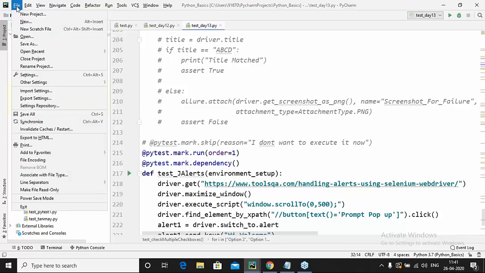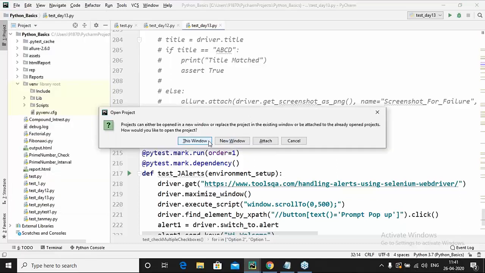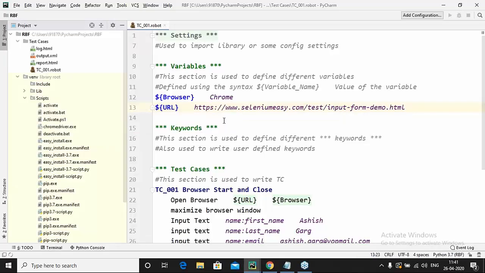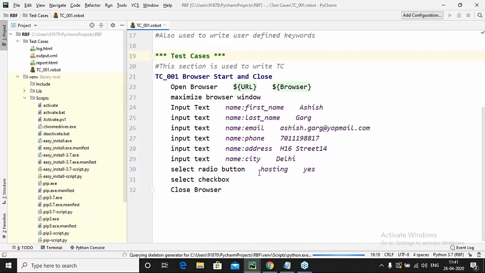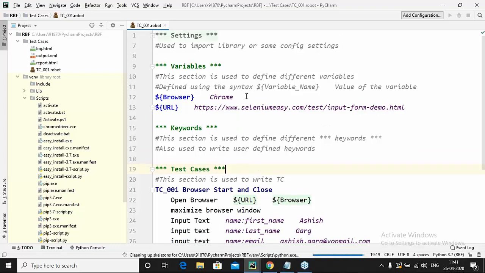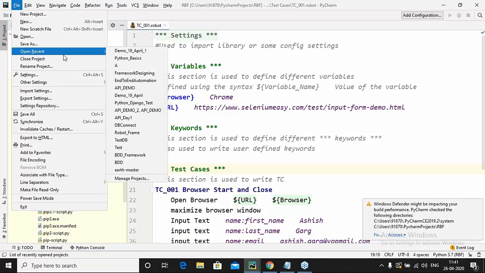Let me show you another project. This is the robot framework project that we are actually doing. So this was a project in the robot framework that we discussed in the last session only. This is completely written in robot framework, strategies, test cases, reporting, and everything. So we are going to cover all of these things. We are going to cover robot framework, BDD framework. Let me show you a project with BDD framework as well.